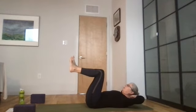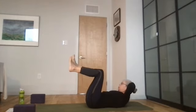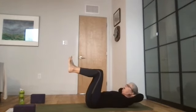And the point for bicycle is your shoulder goes to your knee, not your knee to your shoulder. And then you extend the opposite leg out straight. Don't go fast, go slow, and really concentrate on using your abdominal muscles and not your lower back. So it is a bit of a crunch, but we want to use our abs to move our shoulder forward, okay? So we're just going to do 10,